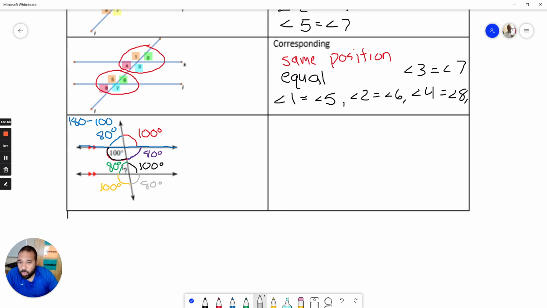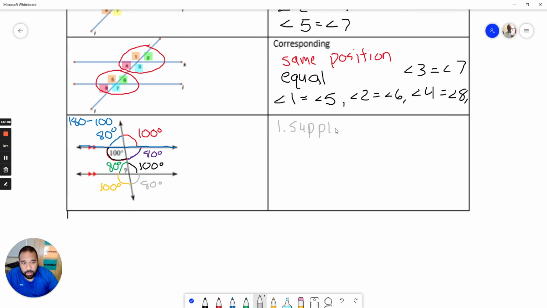It's vertical to the green angle. We could have also found it because it's an exterior angle. It's on the outside. Its alternate exterior angle is the blue angle. Or we could have found it using the supplementary angle with the yellow. So there are 4 different ways you can use